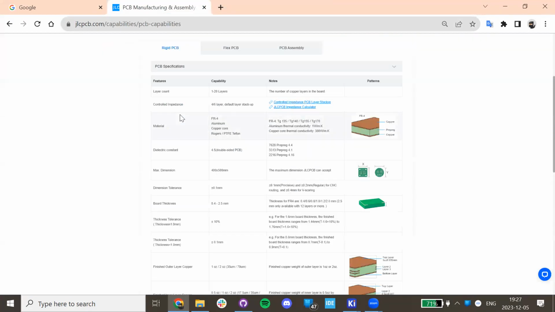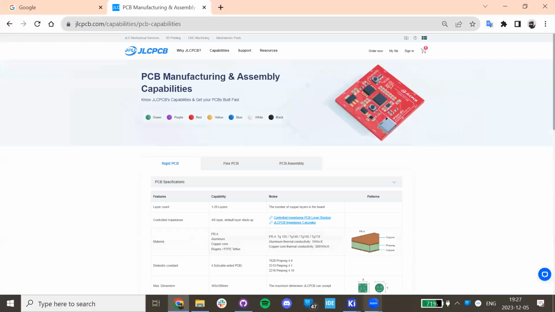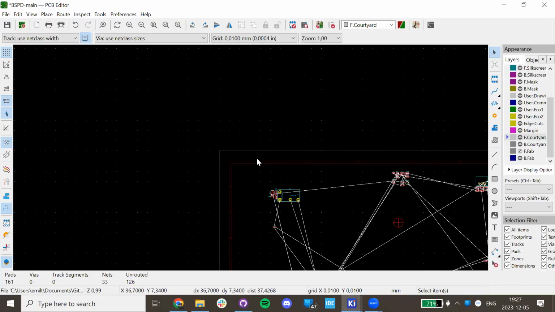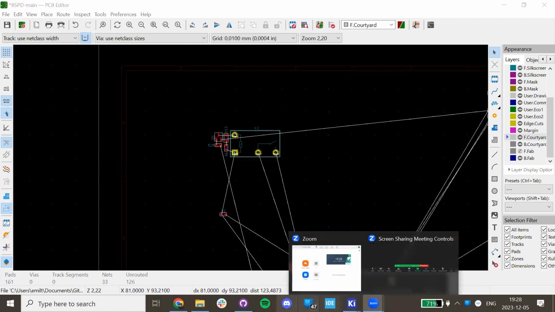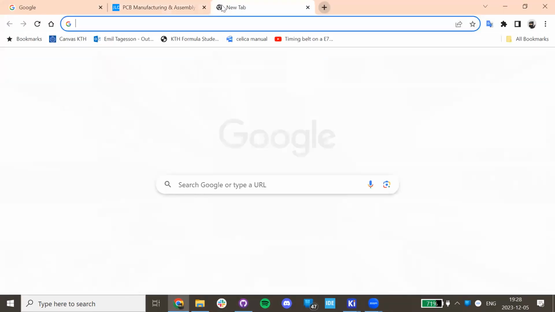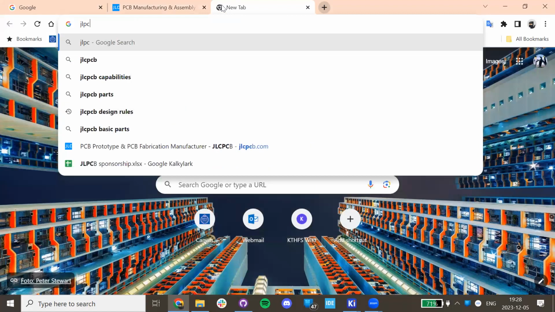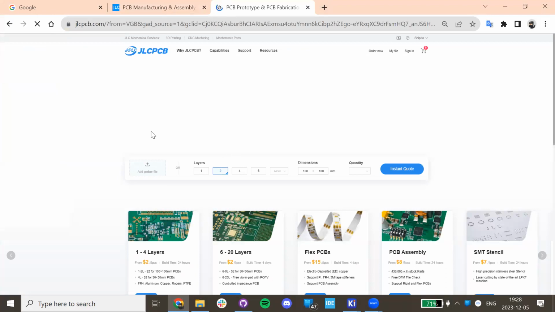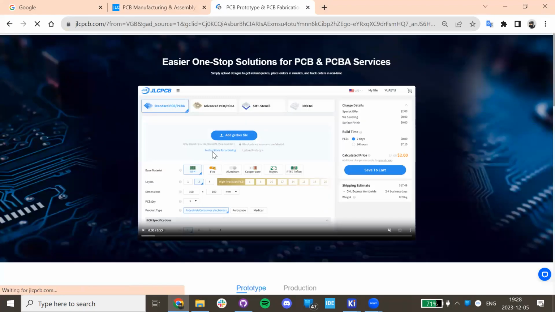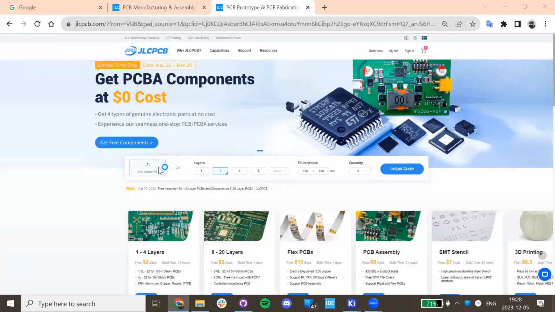I don't have the NCAB one right here, but what you need to do before you can start routing or anything is this: when you order the PCB, I will show you how that looks. So when you're going to order the PCB, you're going to upload your files here. And